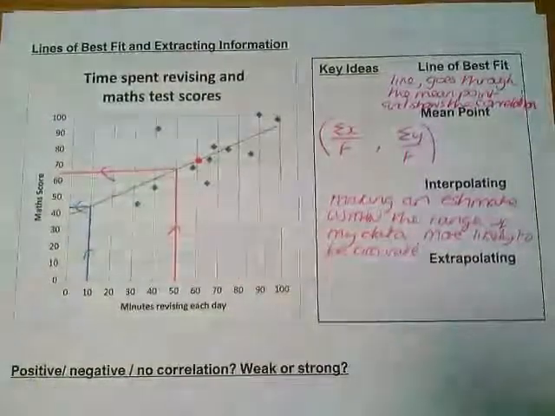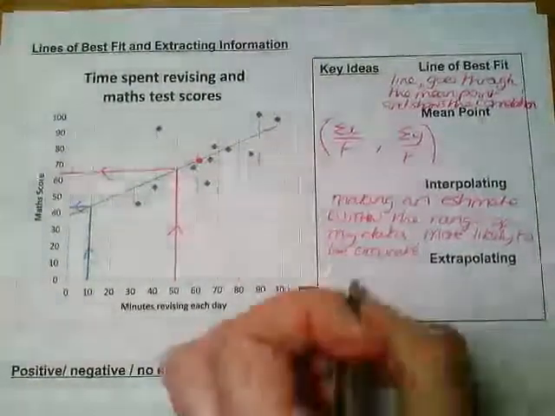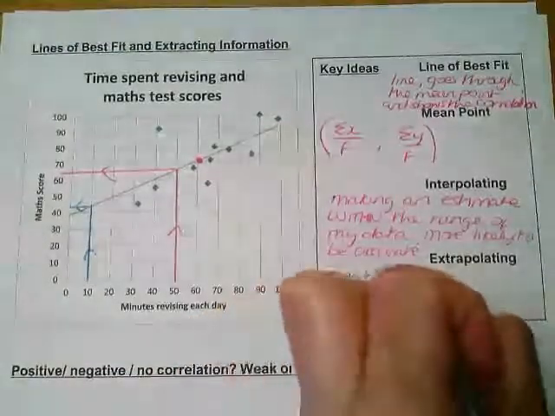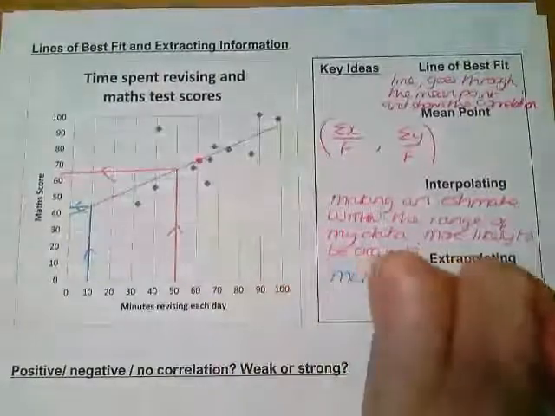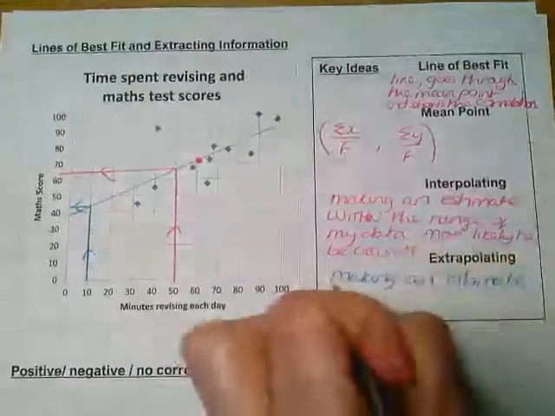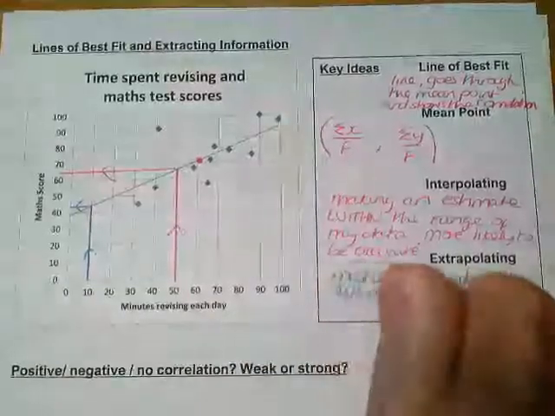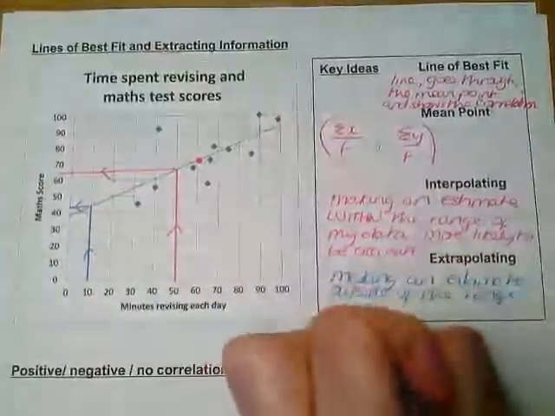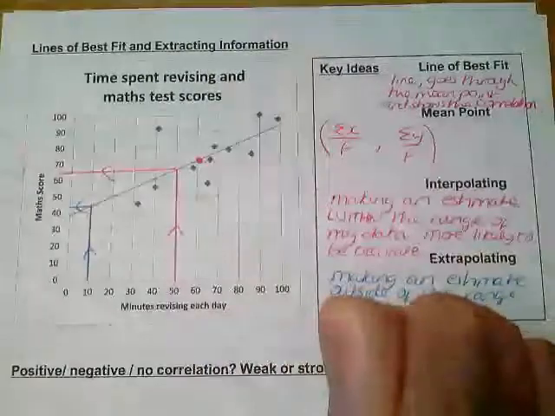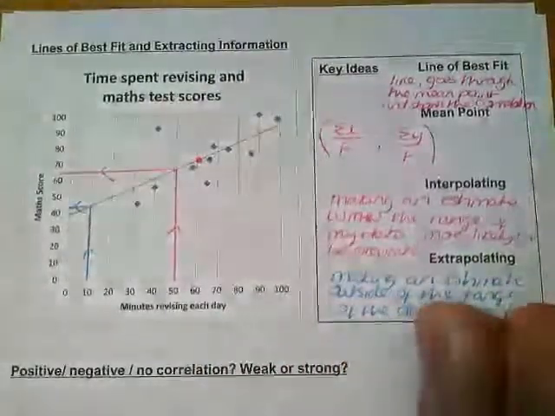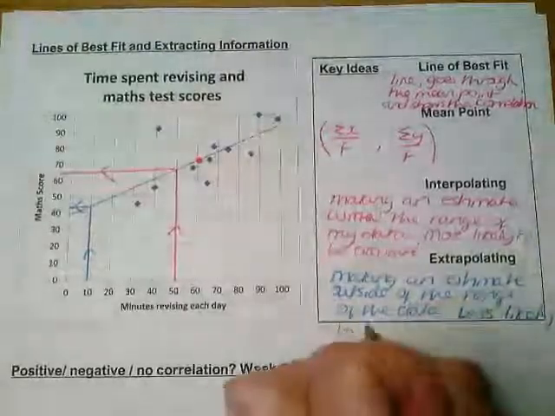However, it's not as likely to be accurate. So it's making an estimate outside of the range of the data, and it's less likely to be accurate